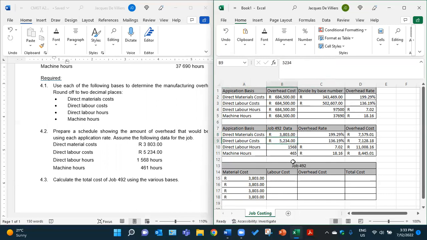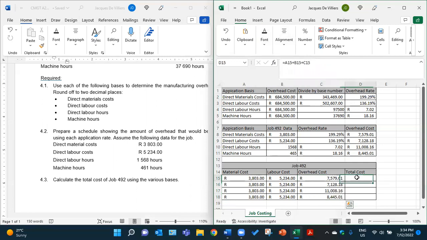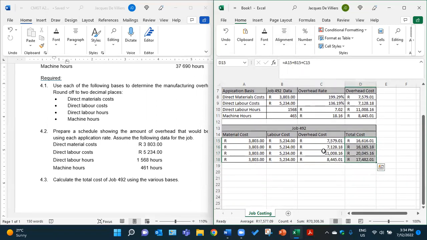The labor cost is also given, 5,234. That will be the same in each column. The overhead cost is now based on the overhead cost that we calculated there as it is absorbed into the other costs. So we take what we have in that column and simply put it there. And now we can calculate our total cost here, and our total cost using each one of these bases is